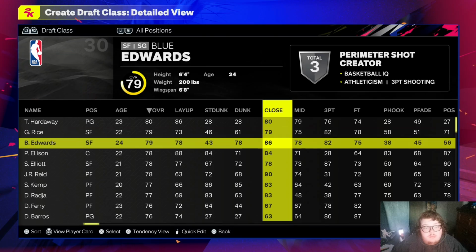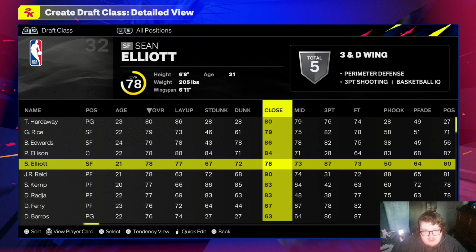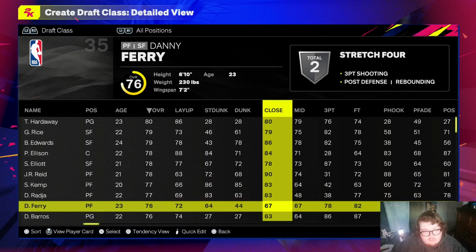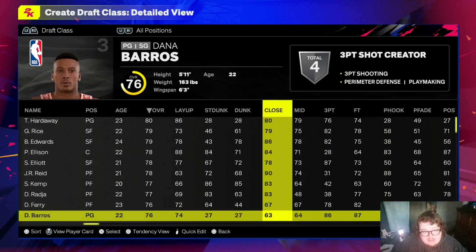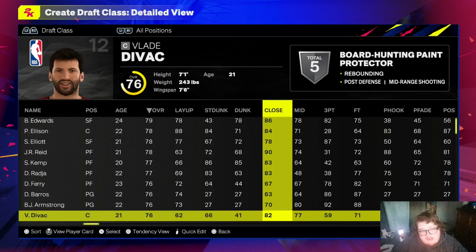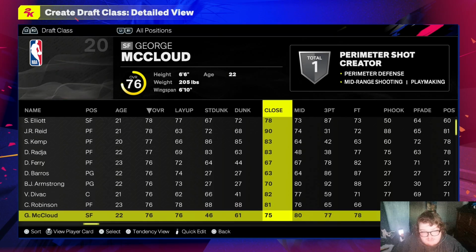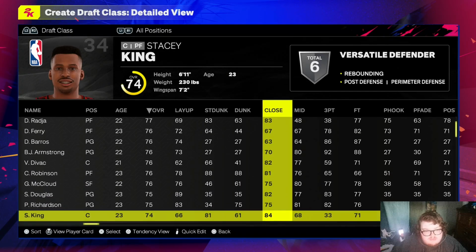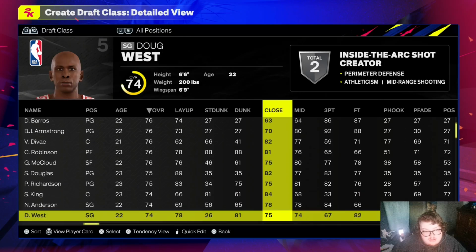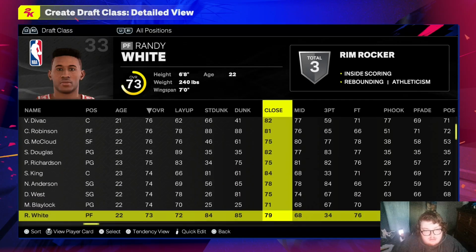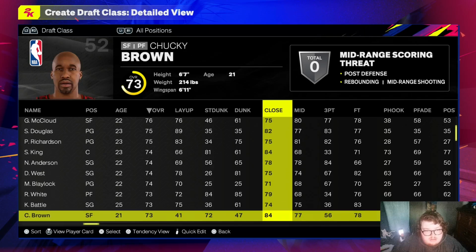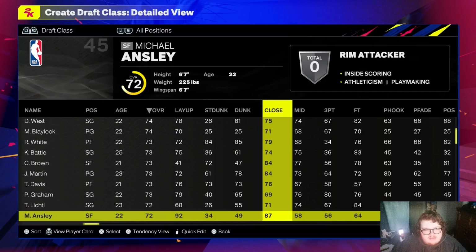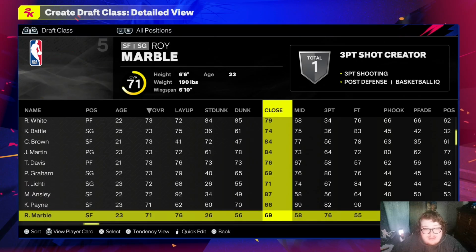We got Glenn Rice, we got Blue Edwards, we got Pervis Ellison, Sean Elliott, J.R. Reid, Shawn Kemp, Dino Radja, Danny Ferry, Dana Barros, B.J. Armstrong, Vlade Divac, Clifford Robinson, George McCloud, Sherman Douglas, we got Pooh Richardson, Stacey King, Nick Anderson, Doug West, Mookie Blaylock, Randy White, Kenny Battle, Chucky Brown, Jeff Martin, Terry Davis, Paul Graham, Todd Lichti, Michael Ansley, Kenny Payne, Roy